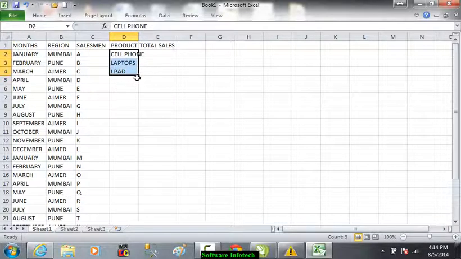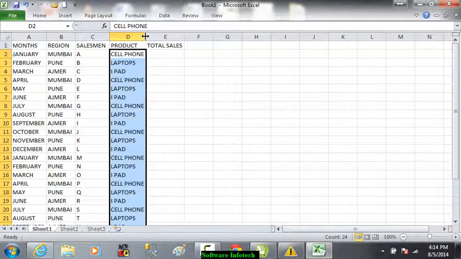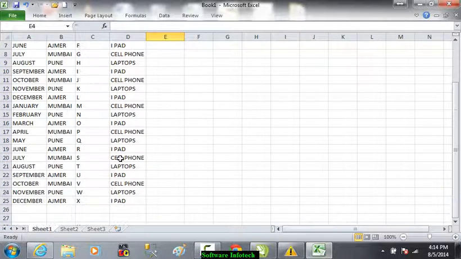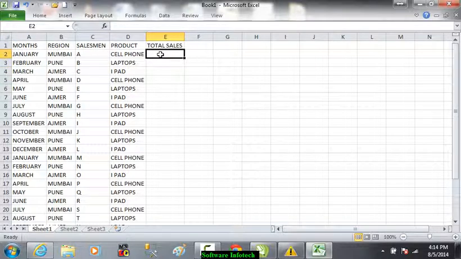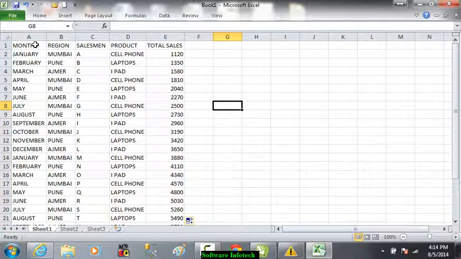We just select all three and you can also double click over here so that it autofits. Double click towards column D so that it autofills the column area. Total sales we can have anything. And we can just select both the numbers and just drag it down. Now this is a general table which we have created to create a pivot table.